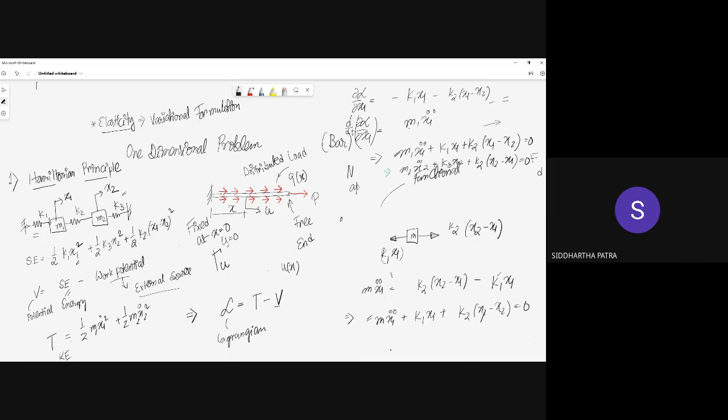One more thing, here we are dealing with a one dimensional problem. But imagine if you were to deal with a multi-axial problem with too many degrees of freedom. Hamiltonian principle a lot of times proves to be very useful, given the fact that it doesn't work with vectors. Newton's method works with vectors because it is directly relating acceleration to forces. And you need to draw a free body diagram for Newton's method.